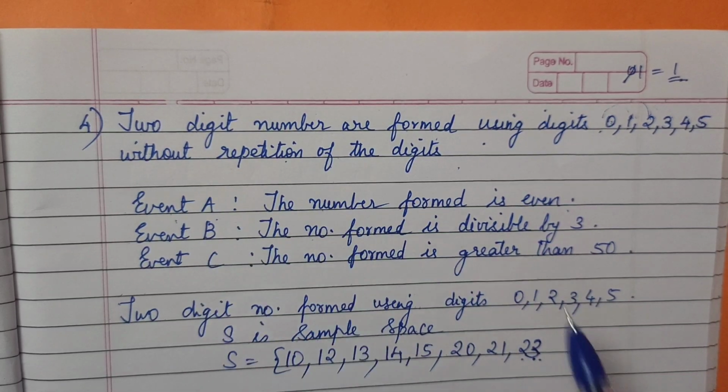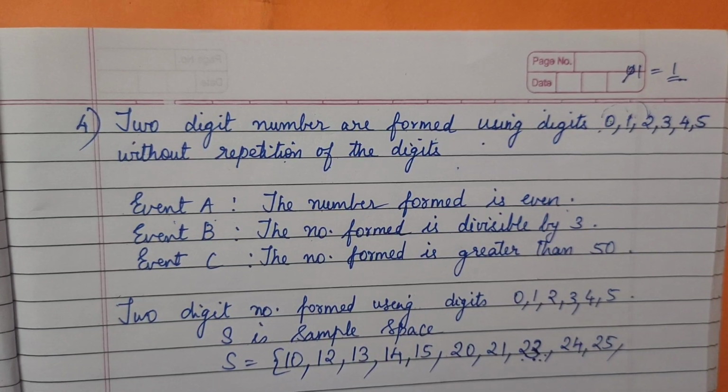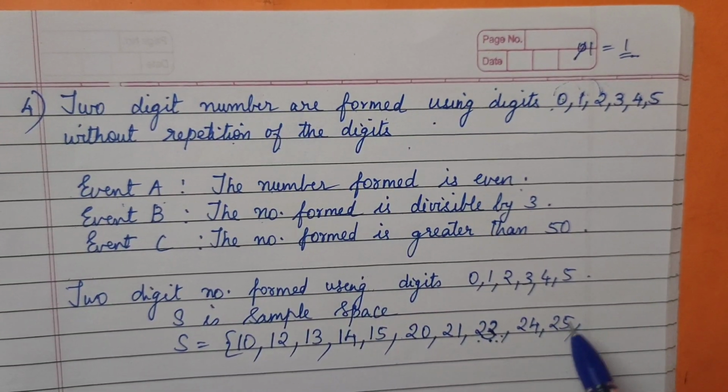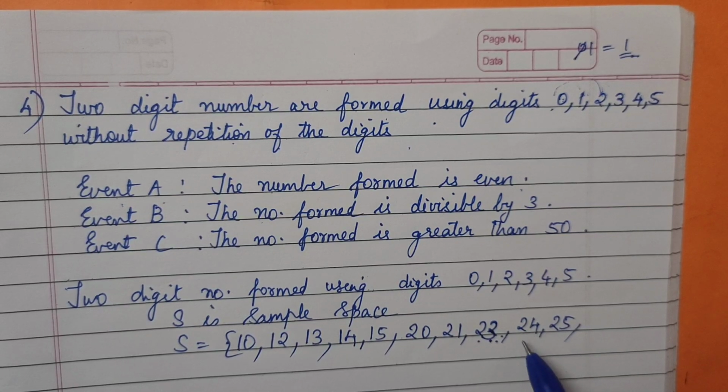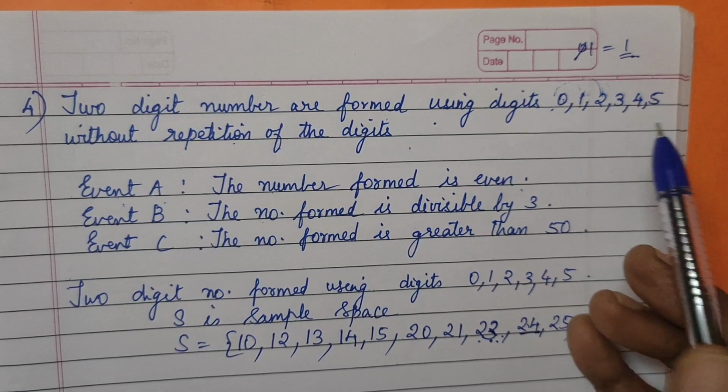They said no repetition, मतलब 2 2 repeat नहीं होना चाहिए. 2 3, okay, 2 4 and 2 5 here. We have completed with the 2. Okay, please remember आप 24 के बीच में कॉमा नहीं डालेंगे. 2 digit नंबर मतलब पूरा 2 digit नंबर जहाँ बीच में कॉमा नहीं होना चाहिए. Then we have done with the 2.